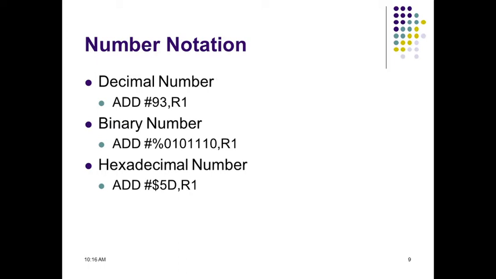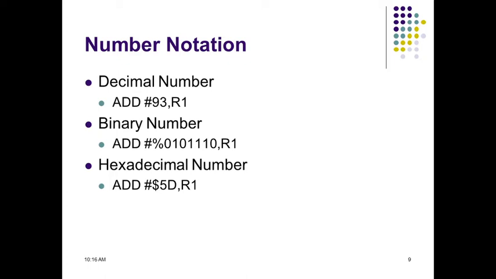So if you are using any immediate operand in the instruction, then that immediate operand, which is nothing but a number, should be given as a decimal number. In turn, it will be represented as an 8-bit binary number or binary pattern. So this is one thing, or the value can be given as a binary number identified by the prefix symbol percent.